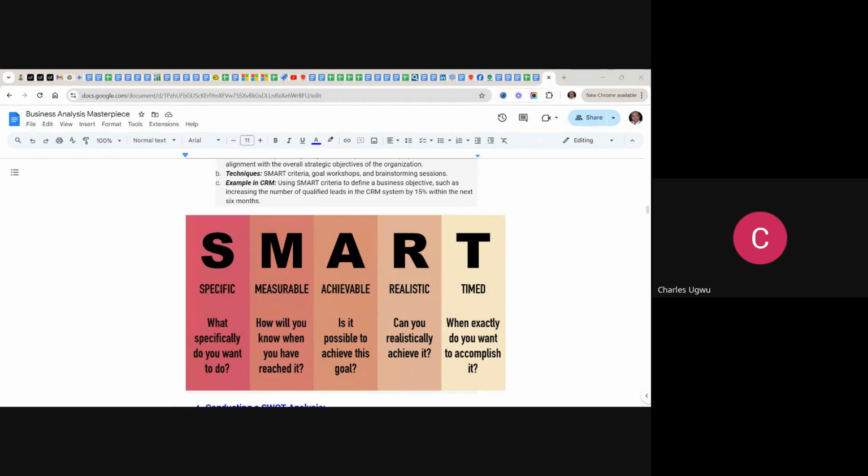And why I capture this within our CRM system is because most of the projects we are going to handle here are software systems like CRM, ERP, things like that. But it can be applied anywhere, whether in construction or anywhere else. It is a framework that can be applied anywhere, and it works like magic. Many of us have been doing it, it's just that we don't know what we have been doing. But this is the time for you to know what we have been doing. So,